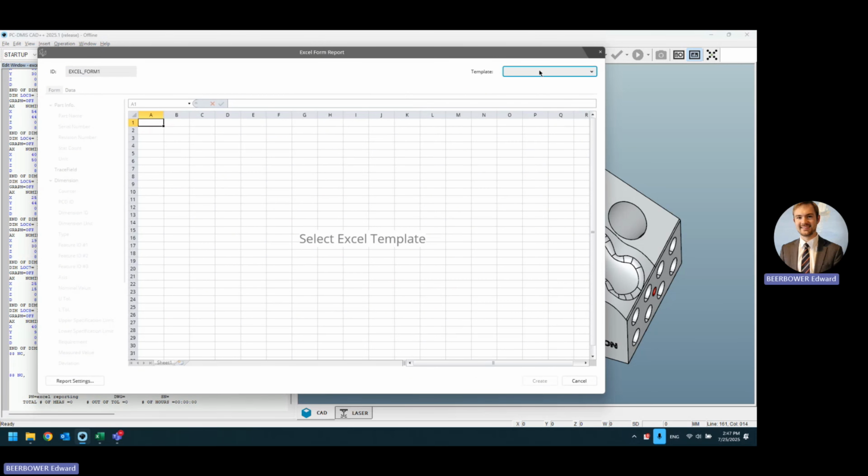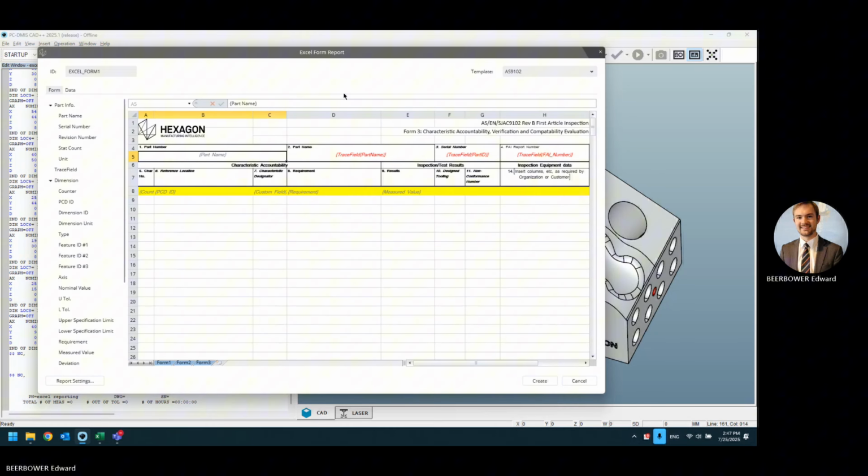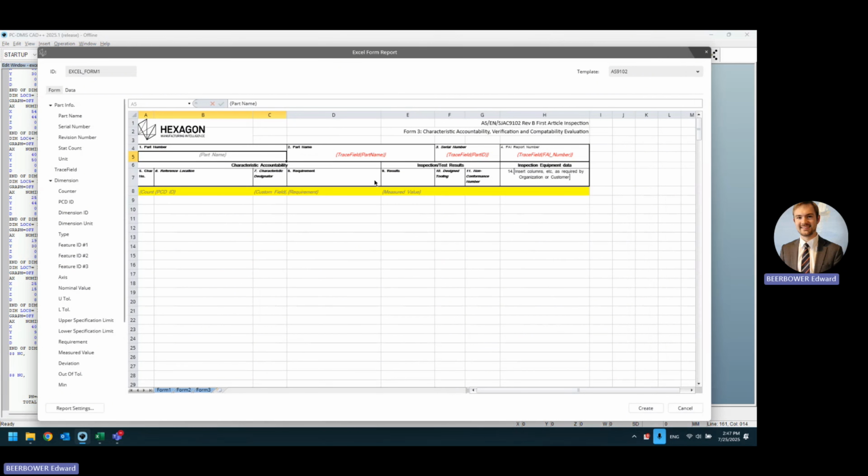And then, of course, you also need to select a template. Now, there are a good deal of existing templates in here, as you can see. So I might, for example, grab AS9102. If I'm looking to do a Form 3, for example, as a typical report I might want to populate. When I select this template, you can see here, it will populate with the Excel template that is built into